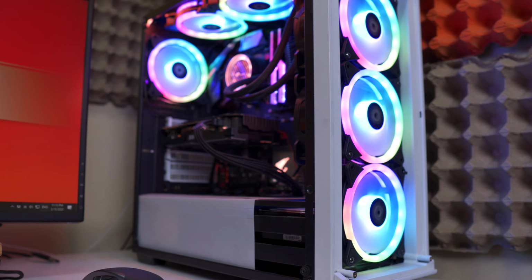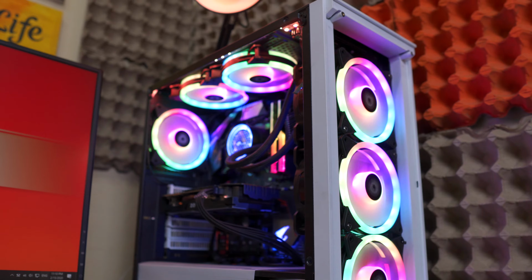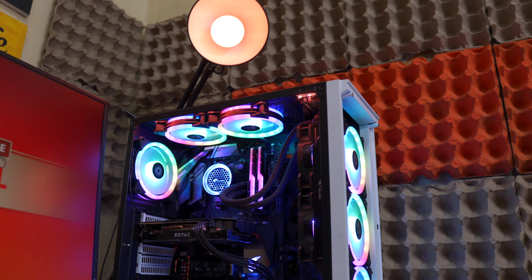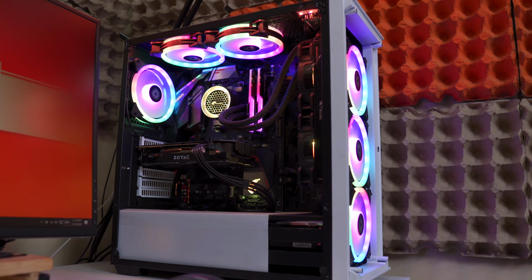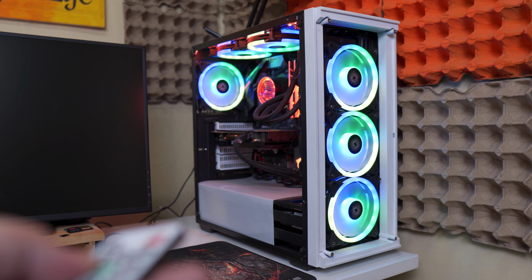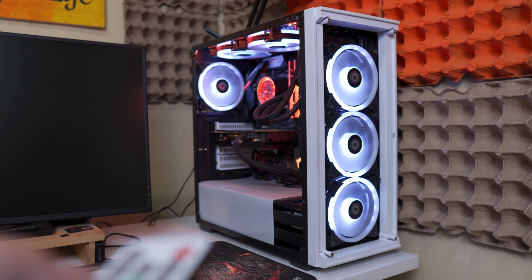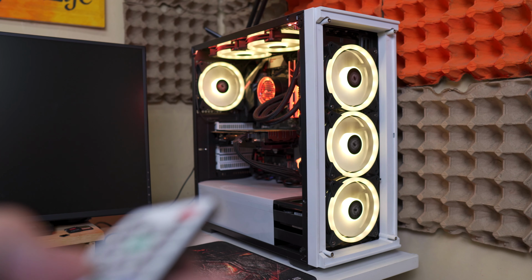The Rakk Maris Pro is pretty decent. I just don't like the fact that it has proprietary cables and a very confusing fan hub without a user manual. But once you're over that and you were able to configure it, it is pretty easy to use. And it's actually pretty nice that you can sync your case fans to your motherboard or use the remote control without having to remove cables and whatnot. You just have to simply push a button. And yeah, there are a lot of lighting effects built in on the remote, fan speed control, LED speed control,